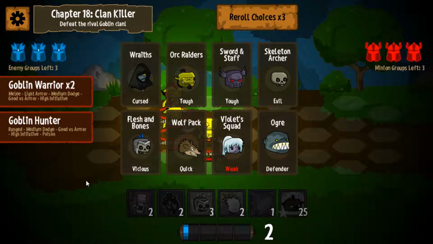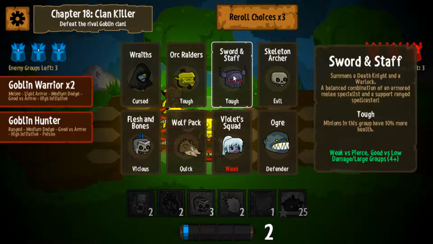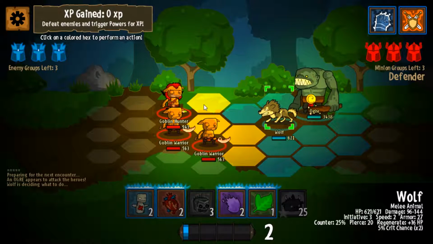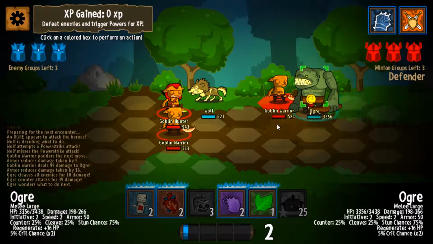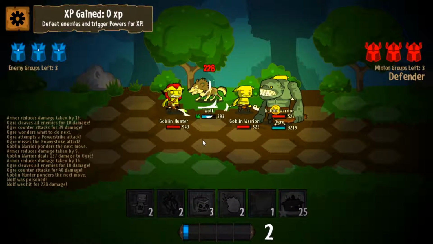I feel like maybe I've screwed myself in my options. Good against armor, high initiative, so what do I want? Good against low initiative? No. Good against low damage large groups. I don't know what to pick. Good against small groups, high initiative. Well, it's a single ogre. What harm can it do? We'll get that wolf to deal with the hunter. But I feel like maybe I should get some more. Please stop missing, especially